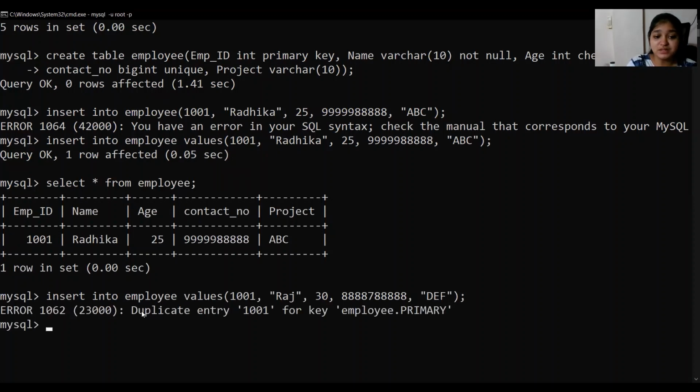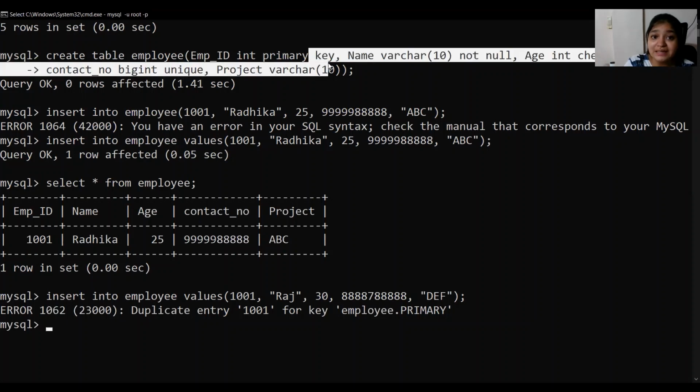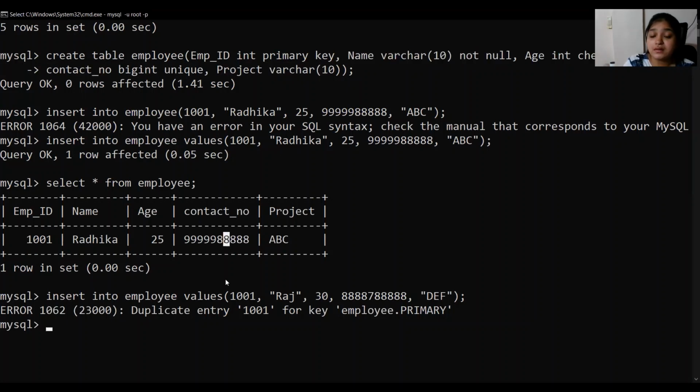See, it says duplicate entry 1001 for the key employee.primary. So here we have violated the constraint which said that all the employee IDs should be unique, because primary key automatically takes the values which should be not null and unique combined. So this value did not get inserted.